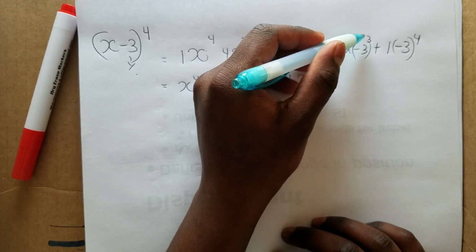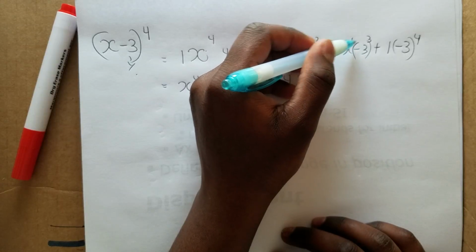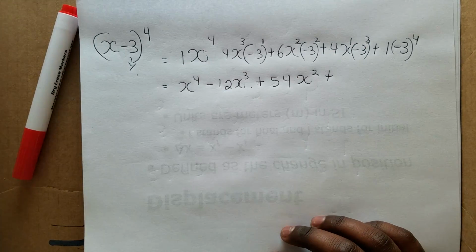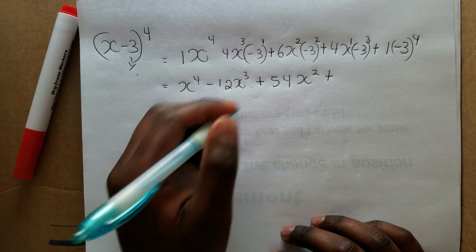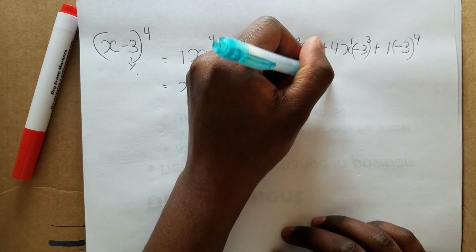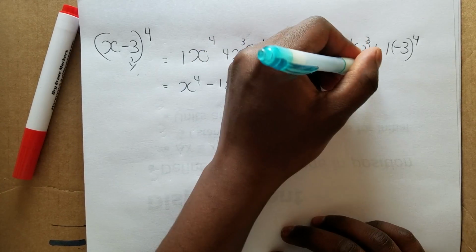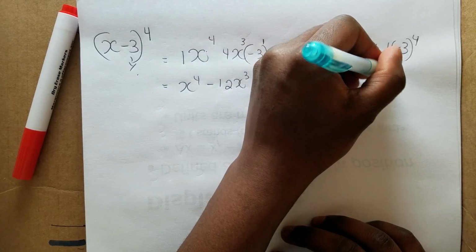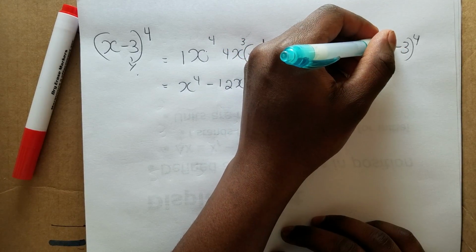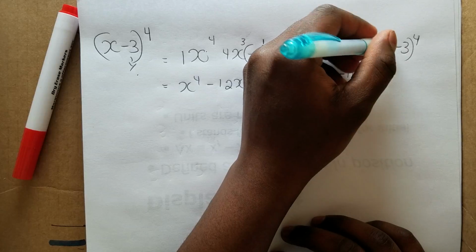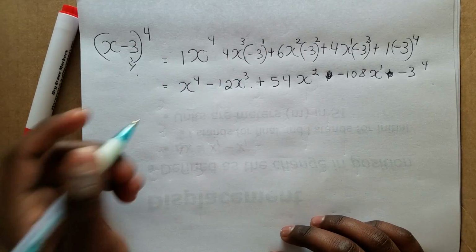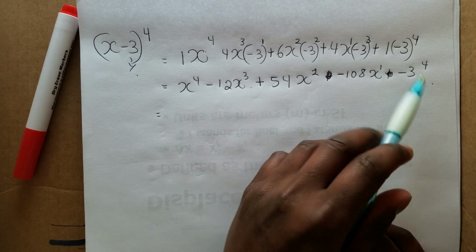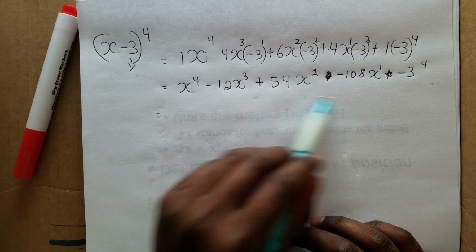negative 3 cubed is minus 27, and minus 27 times 4 would give you minus 108 x to the 1, plus, well, you can leave this in power form if you want. 1 times minus 3 to the 4th, or you could write it out, but you could also write it in exponent form. So that's the entire